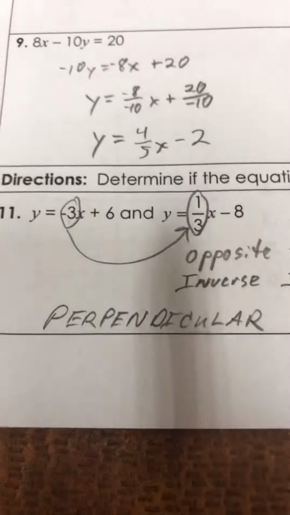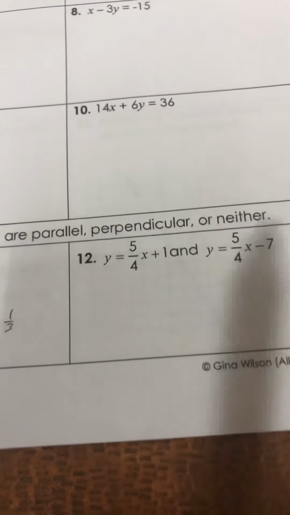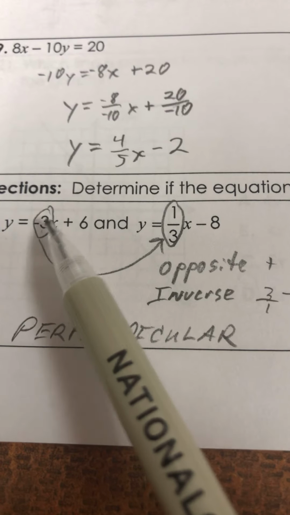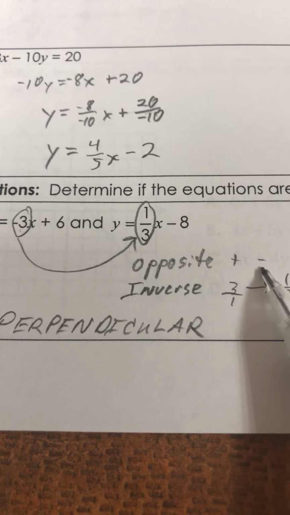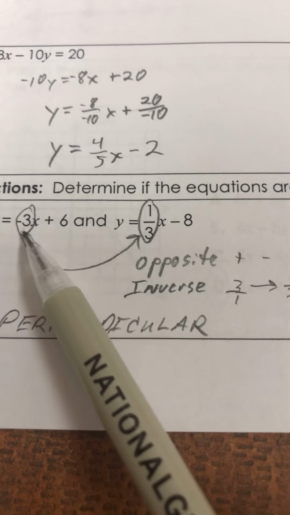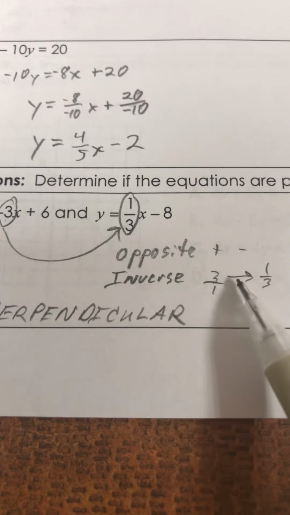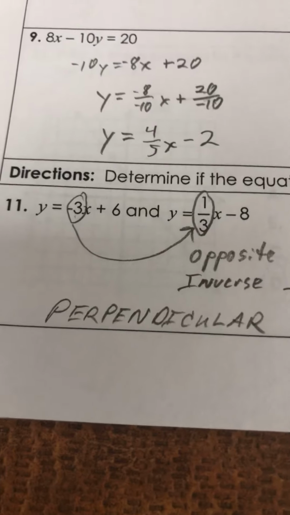Take a look at number 11. If I'm looking at whether or not these are perpendicular, parallel, or neither, taking a look at the slopes, first of all, they're opposite. One's positive, one's negative, and they're the inverse. 3 is actually 3 over 1, and 1/3, there it's flipped, so it's the inverse, so opposite inverse, so I have perpendicular lines here for number 11. Number 13,